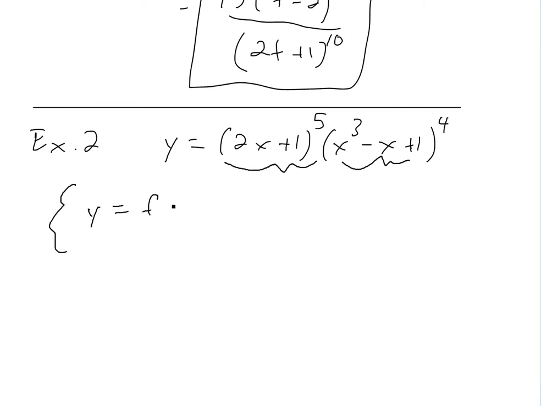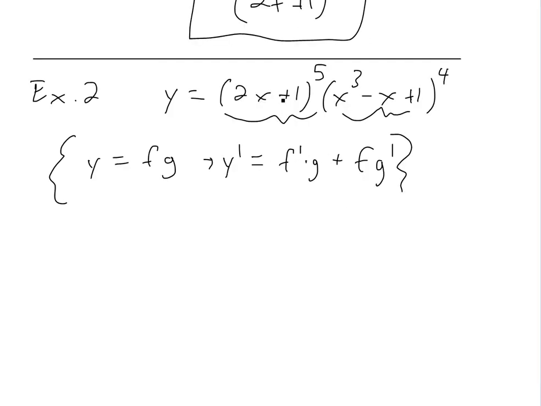If you have y equals f times g, then using the product rule, and you can see the proof of this in the video link below, this just equals f prime times g plus f times g prime right here. So that's what we would have to do first, and in this case both of these will have